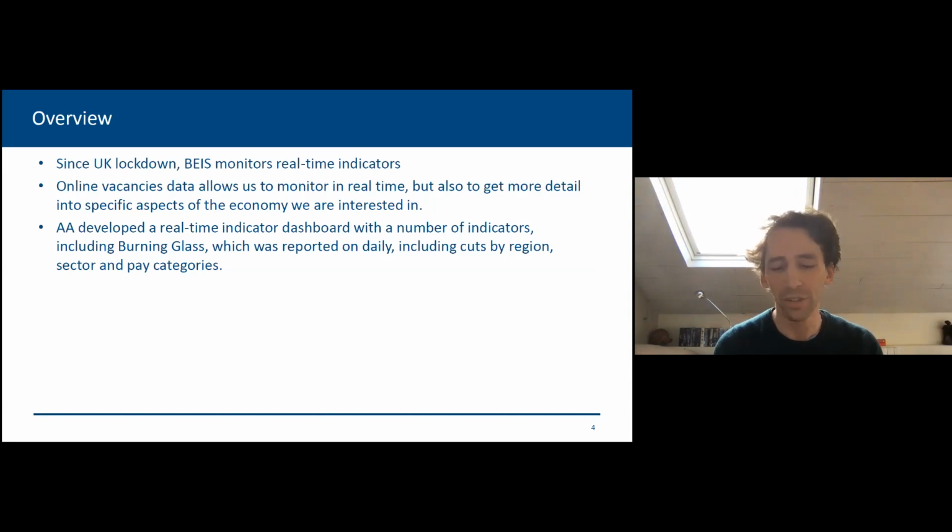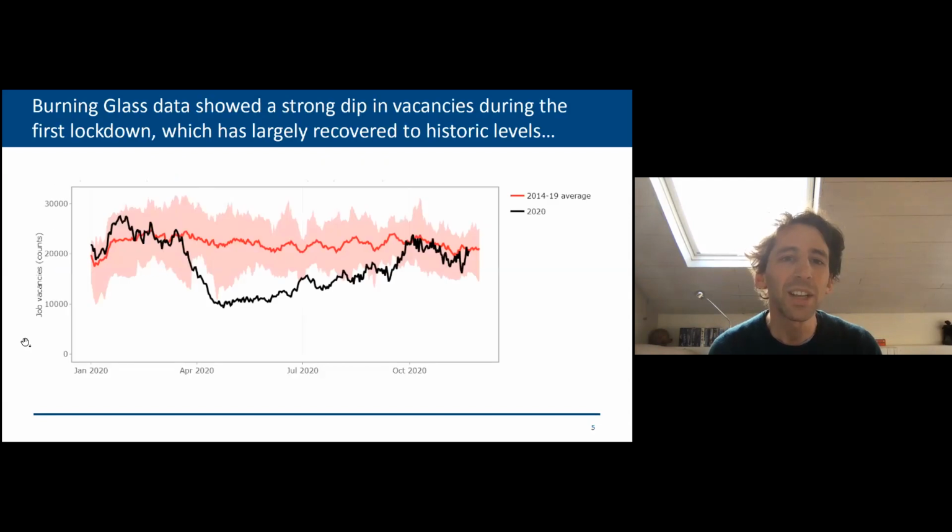So BEIS uses a range of real-time indicators to monitor the economy that are collected by the advanced analytics team, and online vacancies data is one of those. And as many of the other presenters have said, it offers not just the ability to look at things in real time, but also a lot of extra detail that other data sets don't necessarily offer us. Next slide, please. So jumping straight into the results,